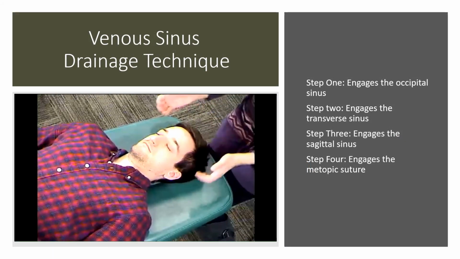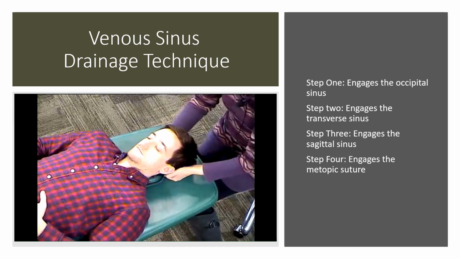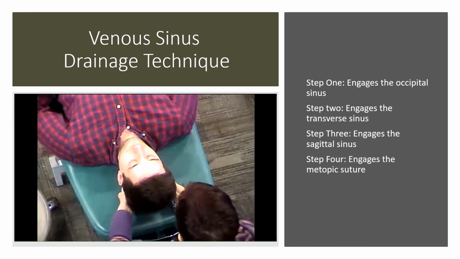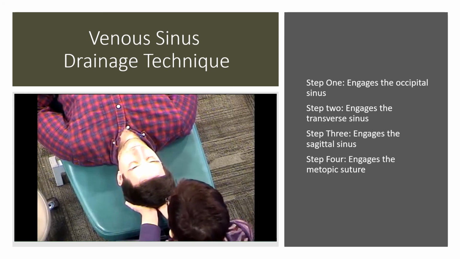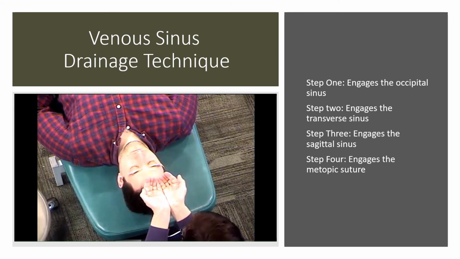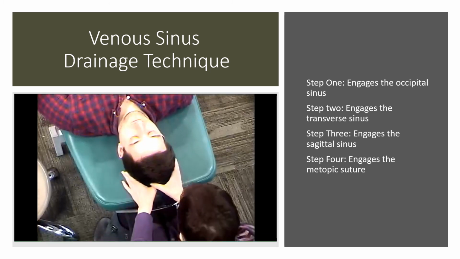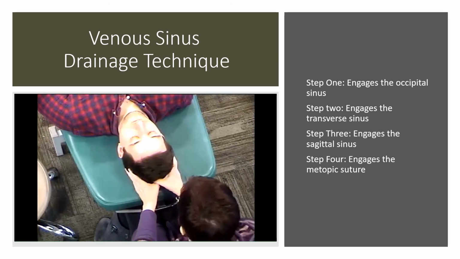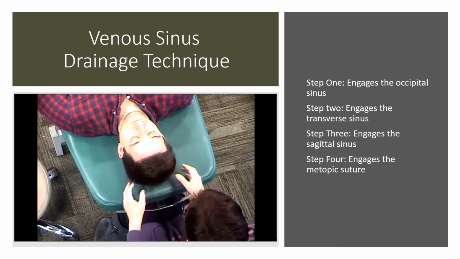To do the venous sinus drainage technique, you will start with your hands on the bony prominence, allowing your nails to touch with your palms facing up. Letting the person's head rest on your fingers, allow the area to soften. Then move to the transverse sinus by bringing your pinkies together, making your hands form a sort of bowl, letting the tissue soften under your fingers again for a few minutes. Then allow the sagittal suture to be engaged. Cross your thumbs on either side of that center line and allow a very gentle separation as you slowly move up